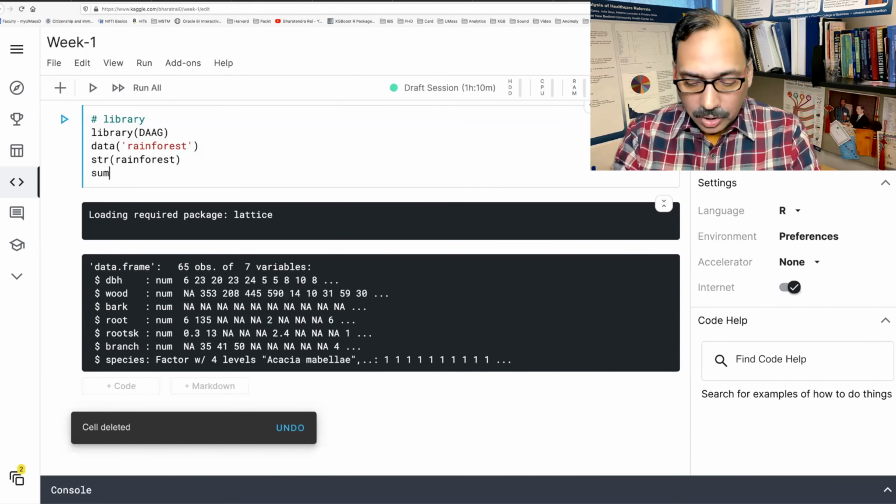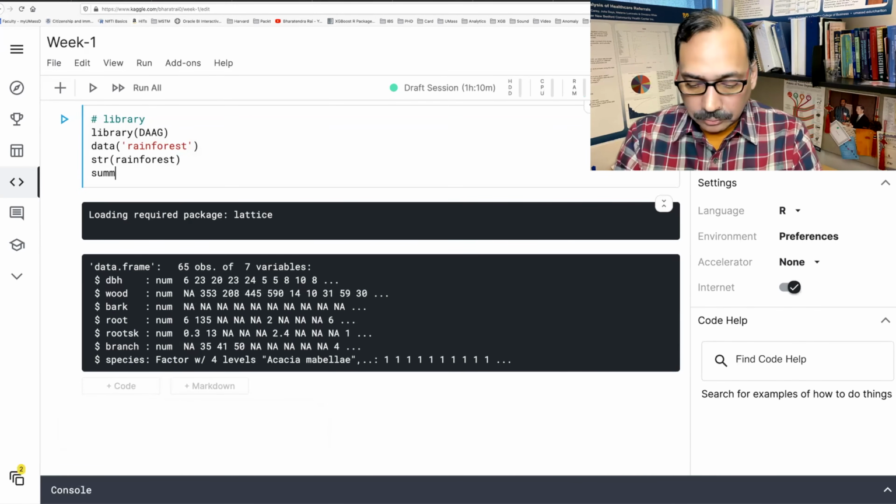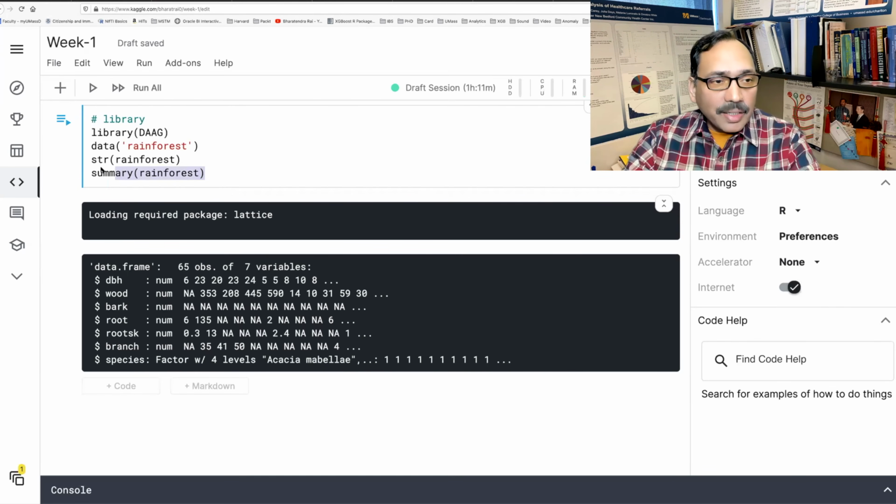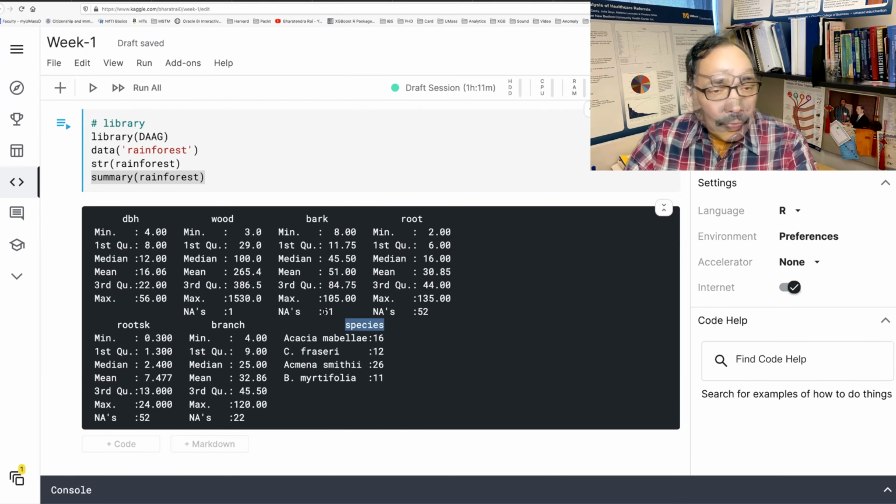Let's do summary rainforest. If I run summary, now what you see new in this summary, which we have not seen earlier, it also says NAs 1.